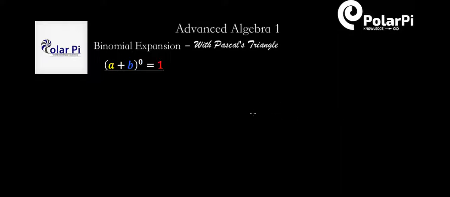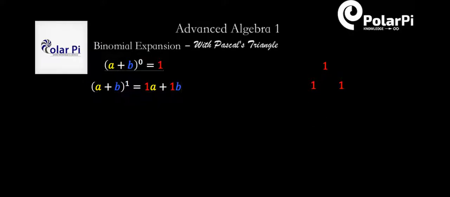You can expand any binomial using the method I'm about to show you here. Now, we know that a plus b to the 0th power is 1, and that corresponds perfectly with Pascal's triangle's first line. So in the first line of Pascal's triangle, you just write a 1. And notice that the first line of Pascal's triangle corresponds to the 0th exponent on our binomial. Now let's next move to a plus b to the first power. And we know that that's just a plus b, but I've written the coefficients in front of a and b so that you can easily see that it's in perfect alignment with Pascal's triangle. And that's because the second line in Pascal's triangle is just a 1 and 1, and that's what we have here,